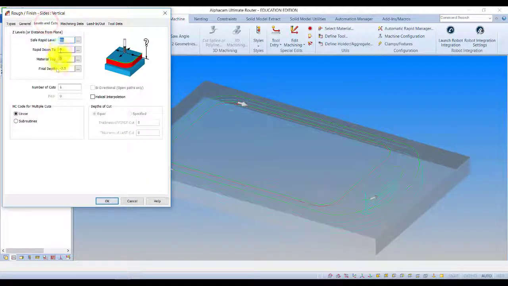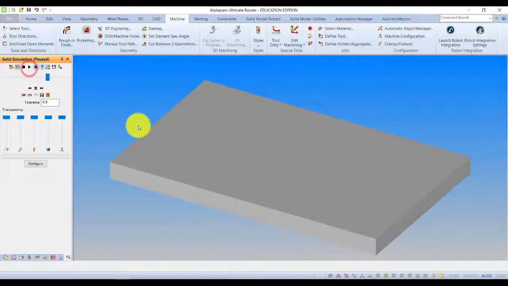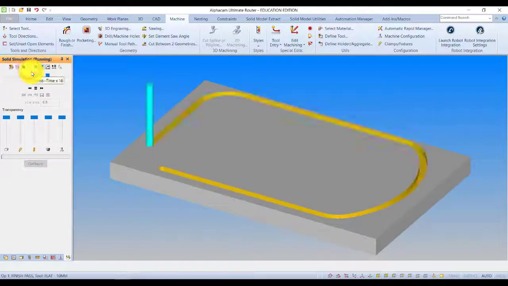The only difference I want to make here is I don't want a final depth of, I certainly don't want more than 1 cut. A final depth of minus 2.5 actually might work, so I'll leave that be. So press OK, select this outer line and select that kind of edge of the handle and press Finish. And hopefully now with the simulation, the last operation will run the V-groove cutter and put a chamfer on those